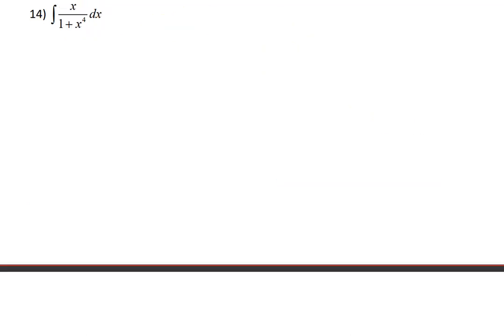Our next example is the integral of a fraction, where the numerator is x and the denominator is 1 plus x to the fourth. Now what we've been doing with our substitutions is trying to let u equal some part of the integrand function whose derivative is also part of the function. The problem with this one is, if you try to do that, it seems like it comes up short. If you let u equal the denominator 1 plus x to the fourth, the derivative of that would be 4x cubed, but we don't have an x cubed, we have just an x in the numerator here,